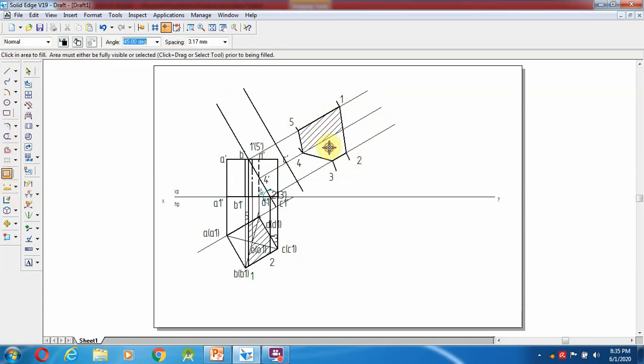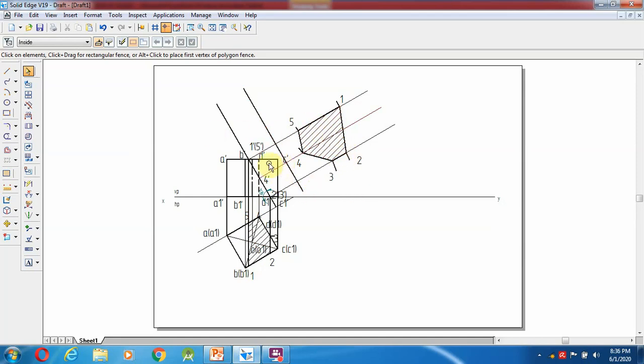In the true shape of the section we are going to fill this one. So first, as per the question, I am going to draw the top and front view, then the sectional plane I drew. After that the sectional top view I drew, that projected towards the top view, then the sectional top view I found. Finally this is projected at 90 degrees to the 60 degrees sectional plane. After that, making the same parallel line somewhere you have drawn, then finally with the help of measuring the distance from here to here, I am going to mark over here, and finally I am going to get the true shape of the section.